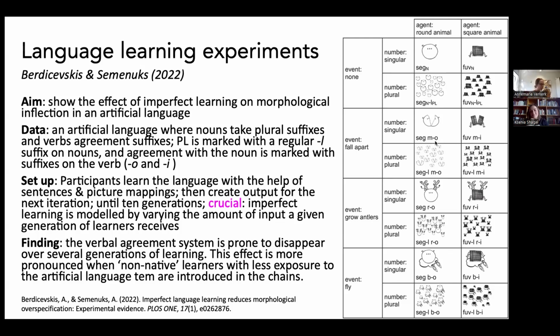It's weird that we talk about an artificial language in English. Anyway, the point being is that this O here marks that it's a singular seg that's falling apart, and here all of the segs are doing it. So there's an O there. Hold on. That's weird. I think actually that's a mistake in the paper, now that I think of it. It's always when you do this kind of stuff that you see a kind of weird thing happening.